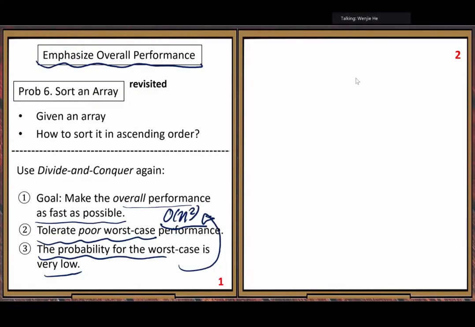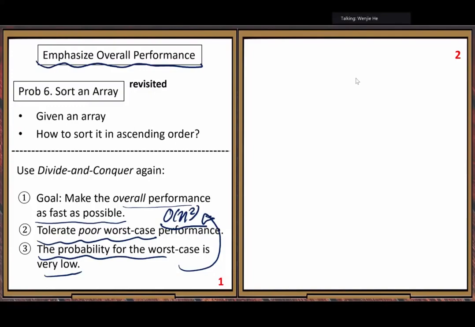A small number of worst cases, when you take the average, will not give you a bad average number. With that into consideration, we feel we can tolerate that kind of worst case.